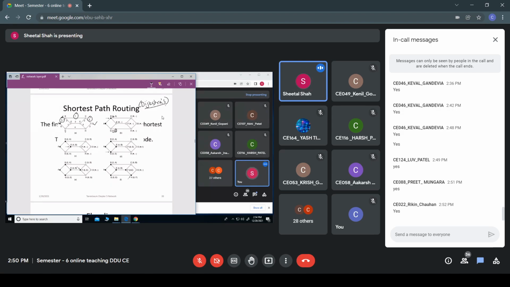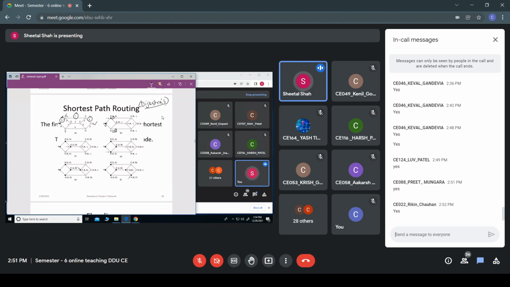Okay, now among these, this A is already made permanent. Now among these, the one which is having the least value. So among these, B is having 2 and G is having 6. So B is having 2. That means this node I am making it permanent. Are you getting this?